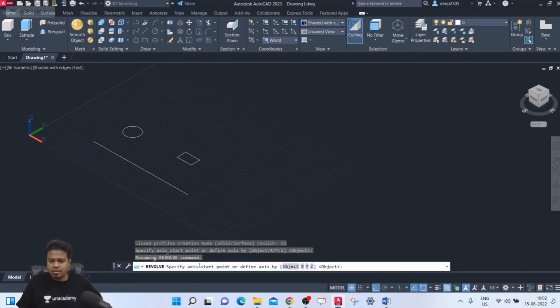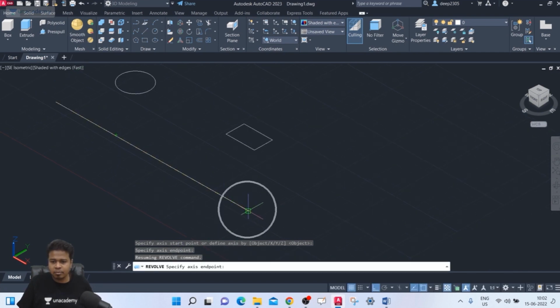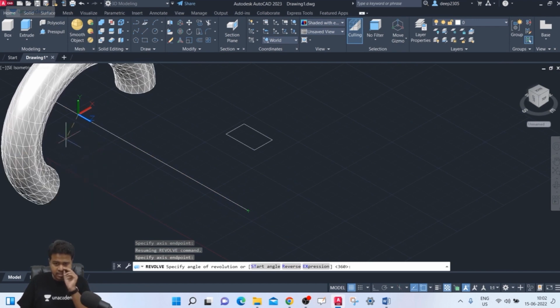So first of all, start point. Okay, suppose I want this line to be my axis. So let's say this is the start point of that axis. So left click here, axis end point. Let us say this is the axis end point. Now you can see here very well,